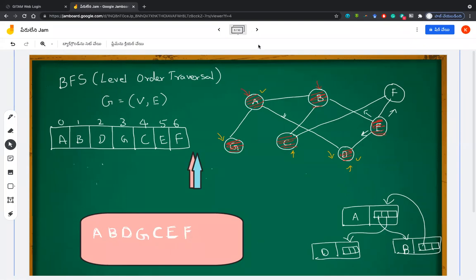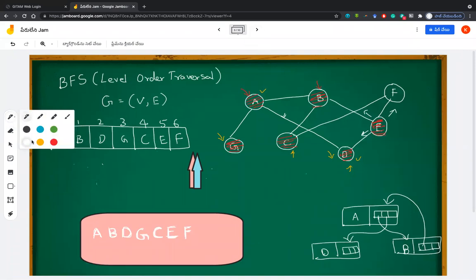And what is the main motive that you look into? You clearly understand that when you are at the node A, you are also looking at what are the nodes that are connected to A, that is G, B, and D. You are just including them here in any order, whether you want to come from left to right because G is first, then B, and then D, or you want to go with an order like B, D, and G in an alphabetical order.